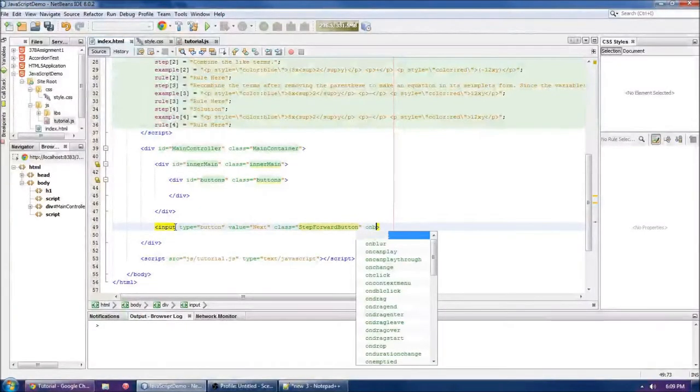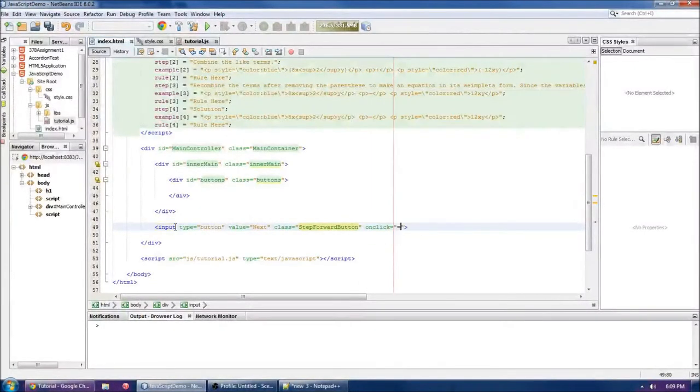And on click, this is basically declaring what its event handler. If you know what event handling is, and you should, because it's very important for programming, at least with GUI,